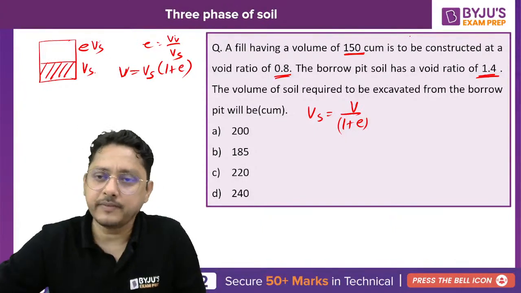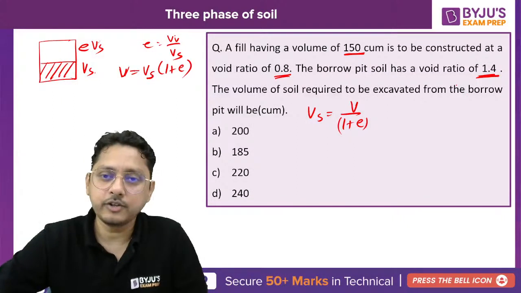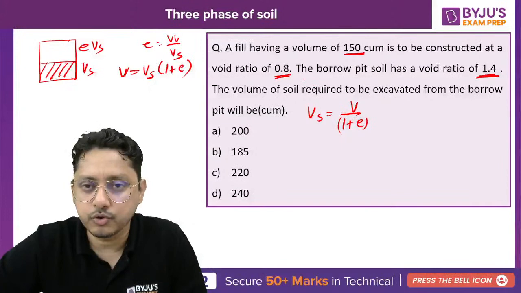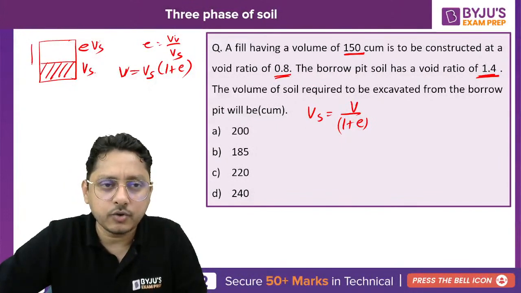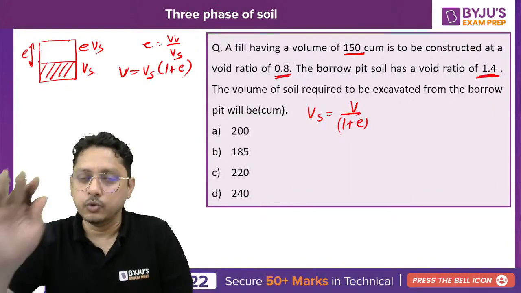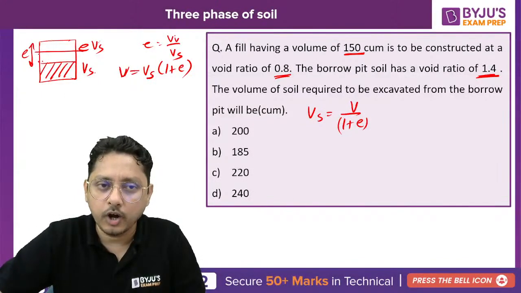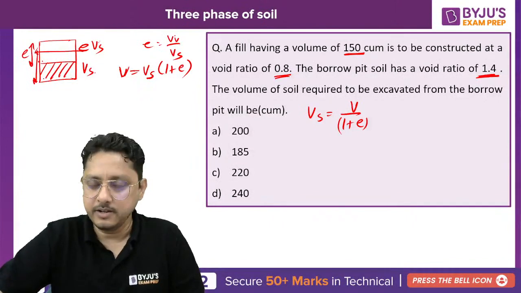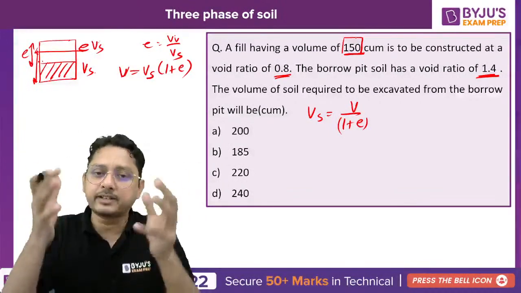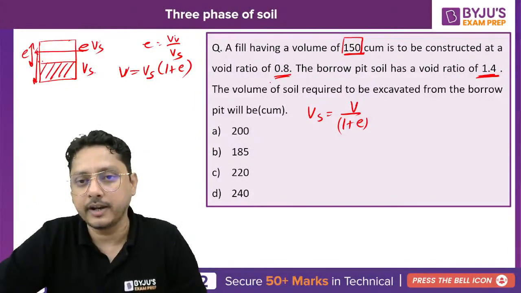See, when you are going to excavate, you can understand one thing. It has a larger void ratio. If you take the soil with the larger void ratio to your fill, then you are going to reduce the void ratio to 0.8. If you are reducing the void ratio, what does it mean? You are actually reducing the void. No one is reducing the solid volume. You are reducing the void volume and consequently the total volume is going to get reduced. So if you want to fill 150 cubic meter of volume, you need to excavate more volume, so that you can fill it, then compact it to the 0.8 void ratio.